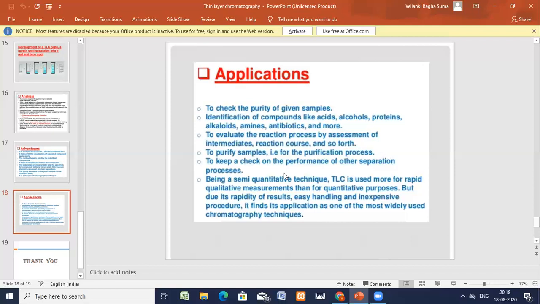The chromatogram is developed, and the lipids are identified by spraying dichlorofluorescein solution. The plate is viewed in UV light at 270 nanometers. Green fluorescence can be seen. The spots are identified using 50% H2SO4, then heating at 110 degrees for 10 minutes. So separation of lipids can be done. The best applications are separation of sugars in fruit juices and separation of lipids.